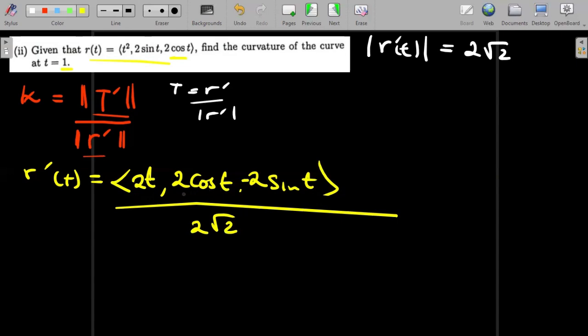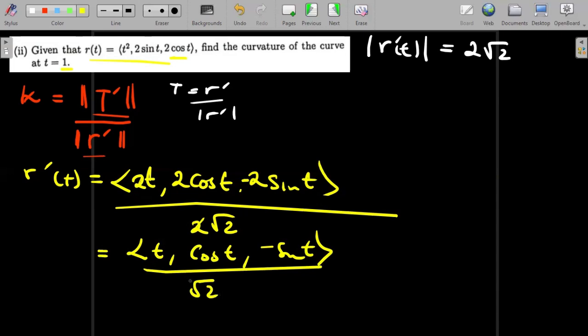When we get that, these all have 2's, so the 2 can divide into each term, which means the 2 will go, and I'll remain with T, cos T, negative sine T, over root 2. Of course, I can divide the root 2 into each one of them, and this just gives me T over